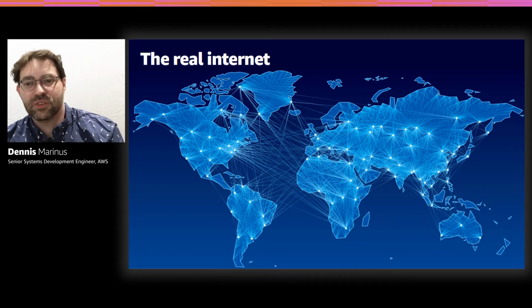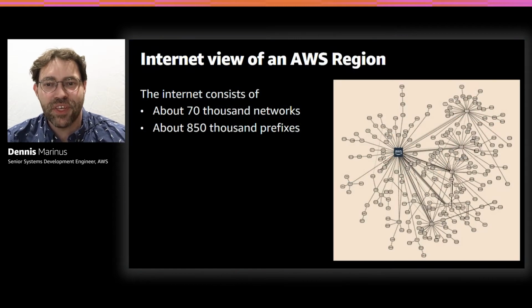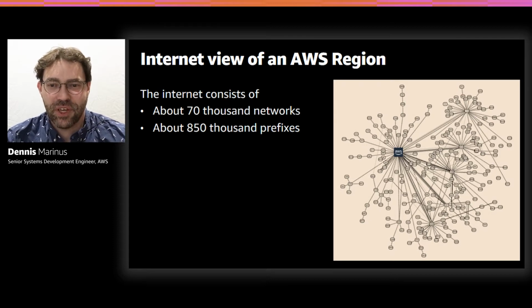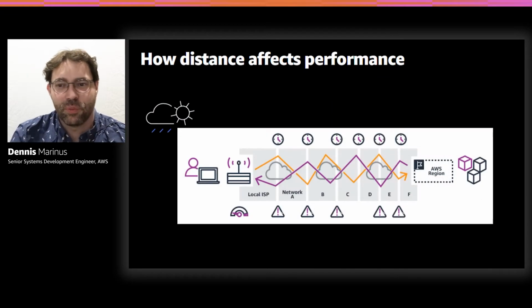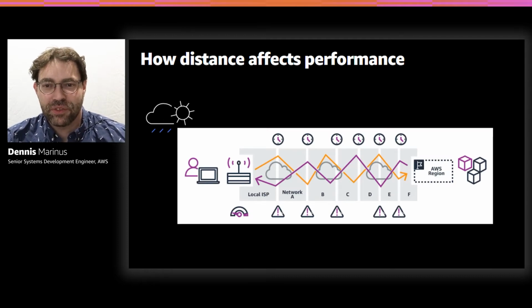The internet currently consists of about 70,000 individually operated networks, and this graph only shows the largest ones. You'll see that while 16509, Amazon's ASN, is well connected, there's still quite a path that some of Pecky's users need to traverse in order to get to the AWS region that's hosting his app. So why does all of this matter? In short, performance. The internet rarely goes in a straight line, and it can take many networks for Pecky's users